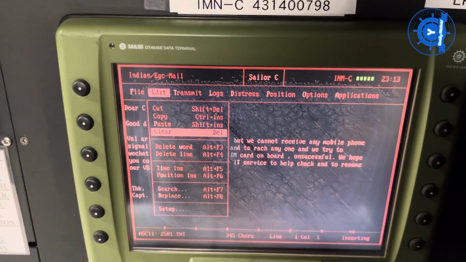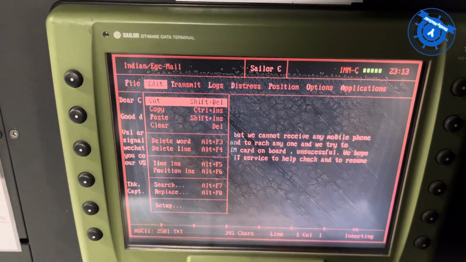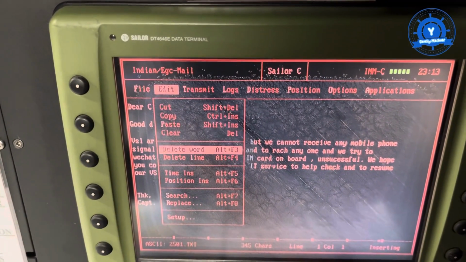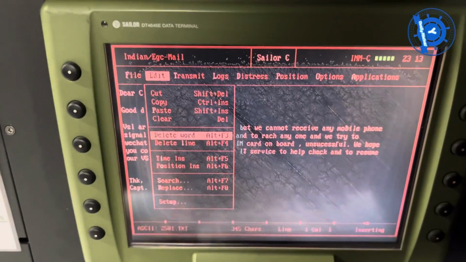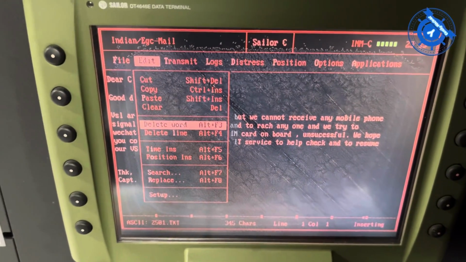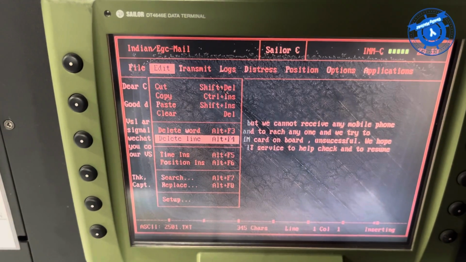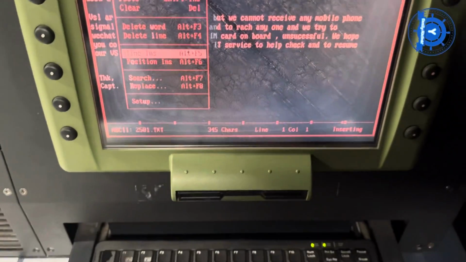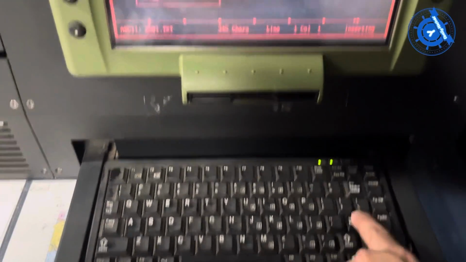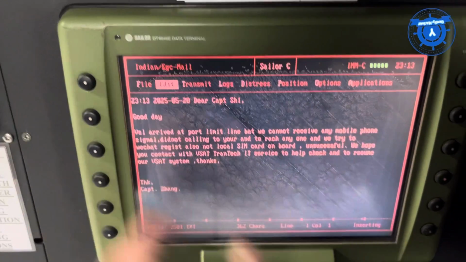Clear means delete. And then Delete Work: if you want to delete what is autoplate, just press F3. You can also use Enter and Delete there. Delete line. Time insert: press F5, or for example if I want time insert, it is Enter. So it comes automatically into this time insert.